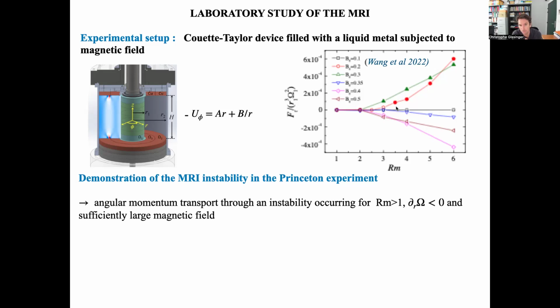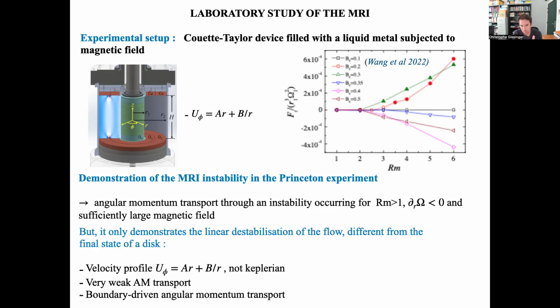So it's been a very important step toward understanding the MRI because it shows that it's somehow a laboratory modeling of the initial state of an accretion disk. It shows that initially you can set up MRI and it generates a transport of angular momentum. Okay. Now,